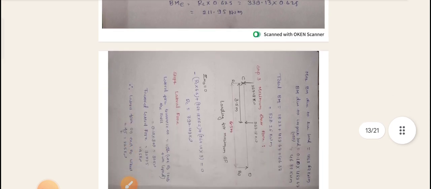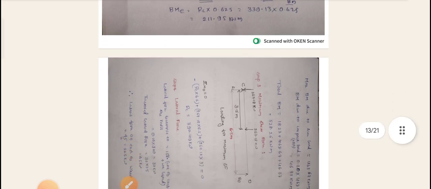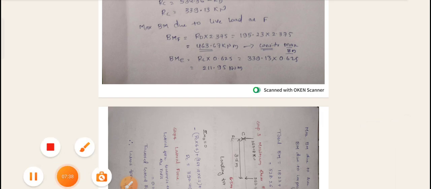Next lecture we'll go with the next part. In that one, what we are supposed to do is take the maximum value, that 463.67. After that one, so